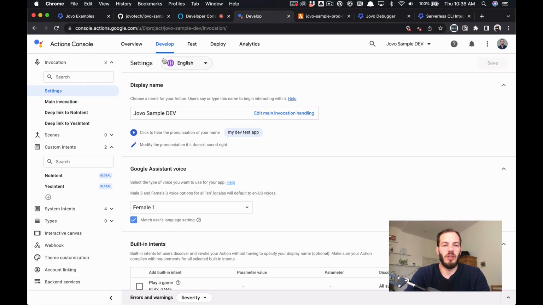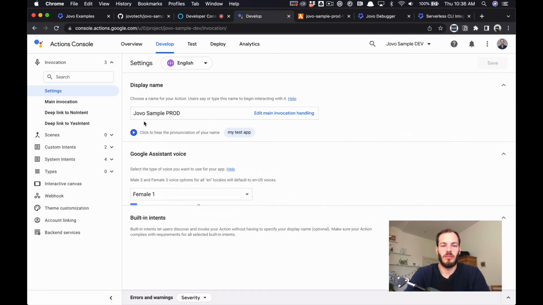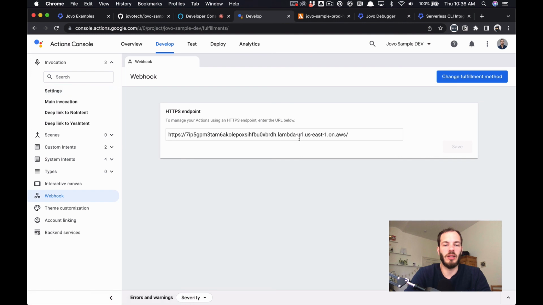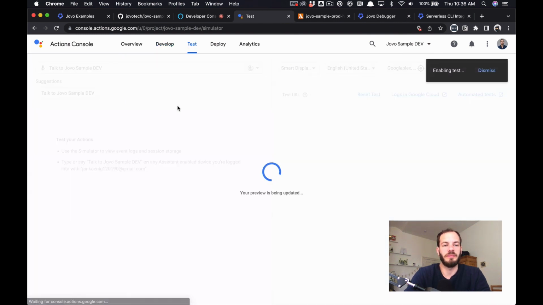and go to the Google Action Console, now you can see that it changed the name here. So it is recommended to use different actions, of course. And now go to the webhook, you can see that everything was updated. And if I now test it,